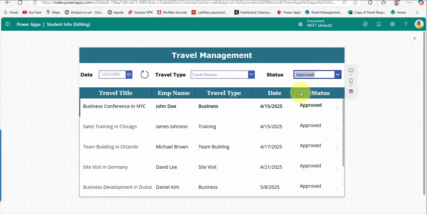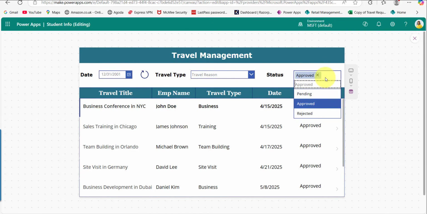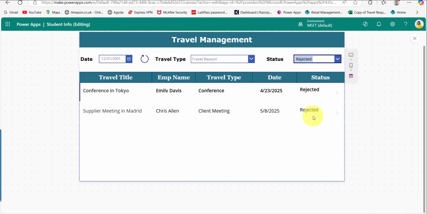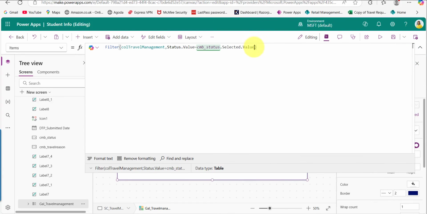I will provide approved. Now you can see all the approved files it is showing. In case if I select rejected then it will show those items. So if we want to at a time provide the travel type filtration on this gallery, within this filter, just provide the and operator and then choose